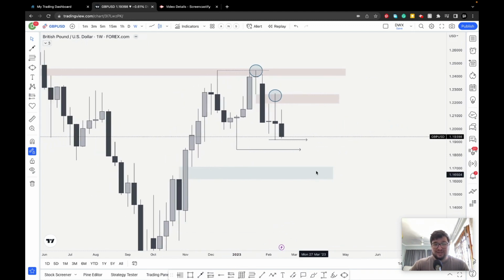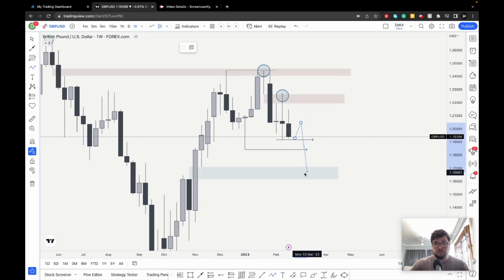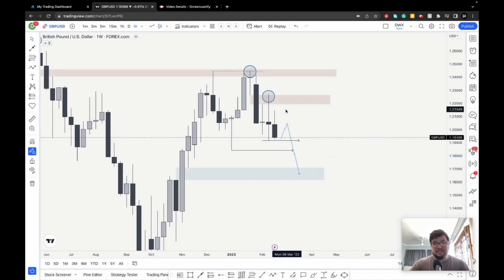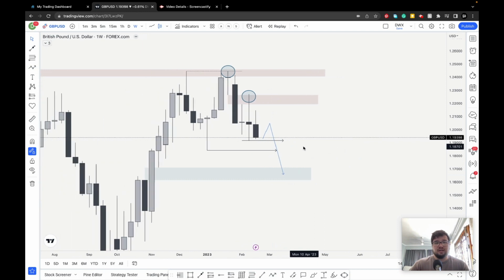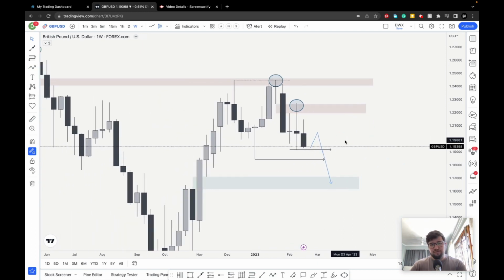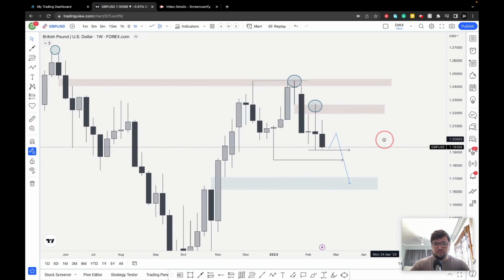So my bias or idea coming into next week is to see shorts. So we might see a pullback and then a continuation lower. We might see one or two up closing days this week, but ultimately, for now, with the information that I have, I would expect price to potentially move towards the downside. If we have a look at the daily time frame,